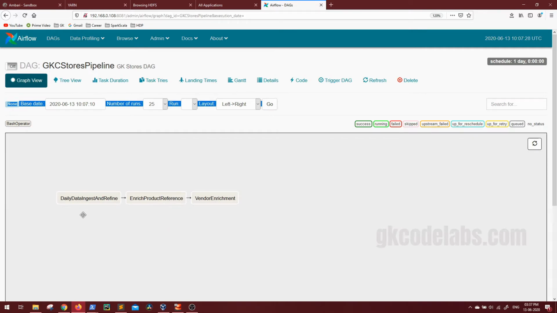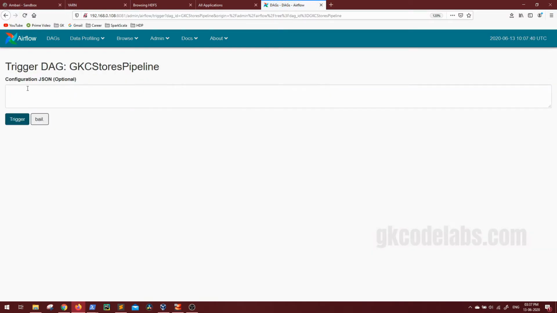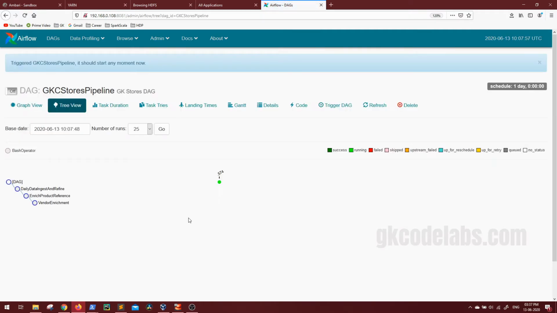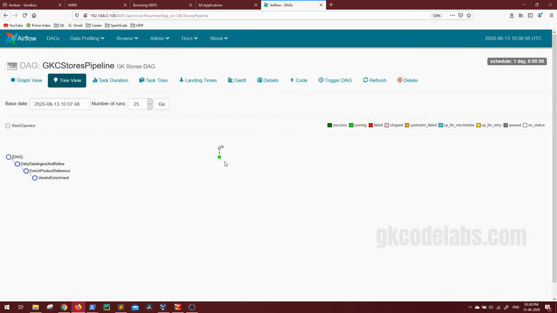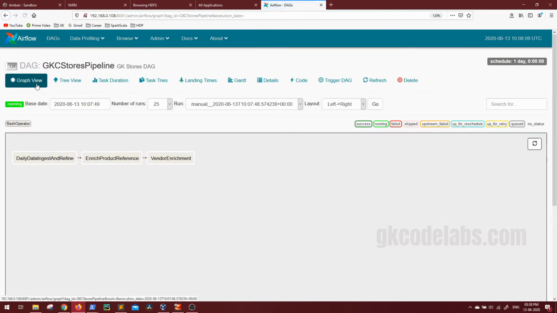So let's try to trigger this and see if all of this executes in sequence as we intended. Let's go to trigger DAG, and here you have the option to pass a few JSON arguments, which is optional if you set it up in your DAG. We haven't done anything, so just trigger it. Now if you go to your main UI, you will see the DAG run as running. If you go inside, you can also see the green symbol in graph view. Again, it's showing as running. You can refresh it from here or refresh it here.